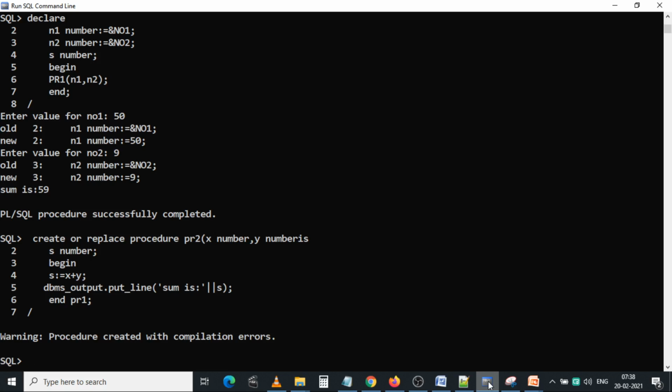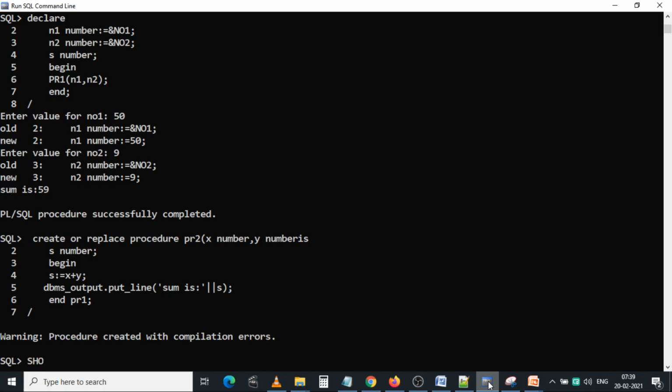Procedure created with compilation errors. If any errors exist in the stored procedures or stored functions, it displays a warning like procedure created with compilation errors. Then you need to verify the errors. It doesn't display the errors, it just displays the warning.